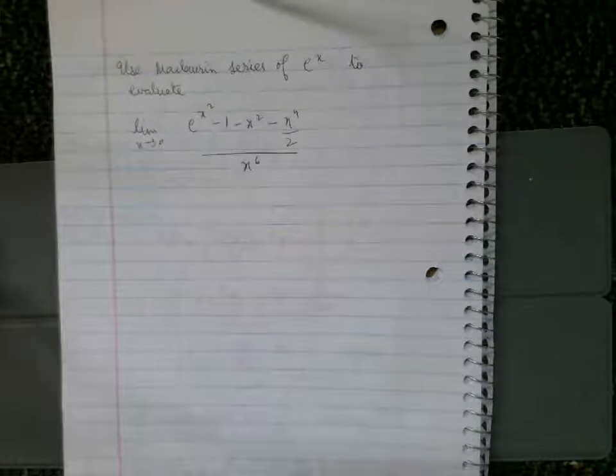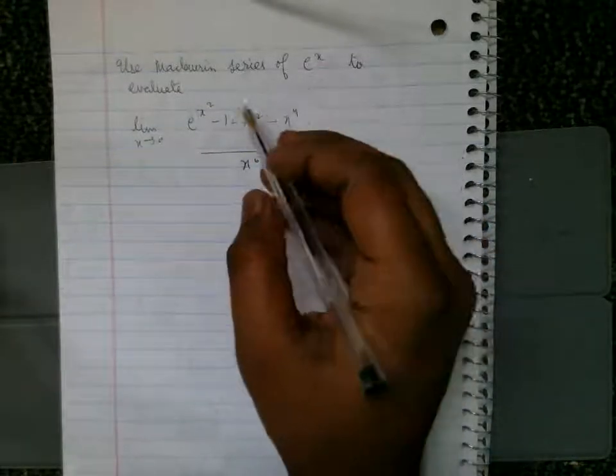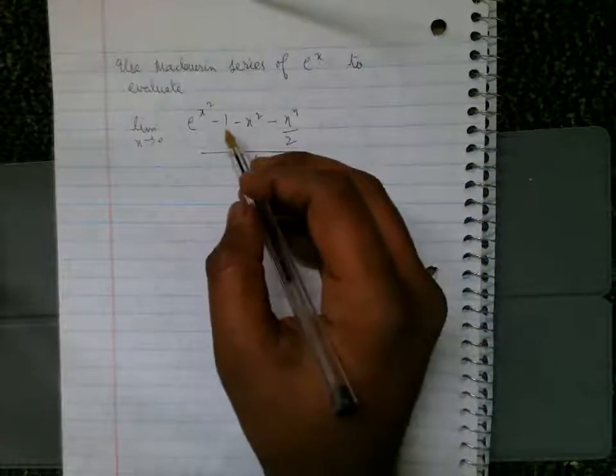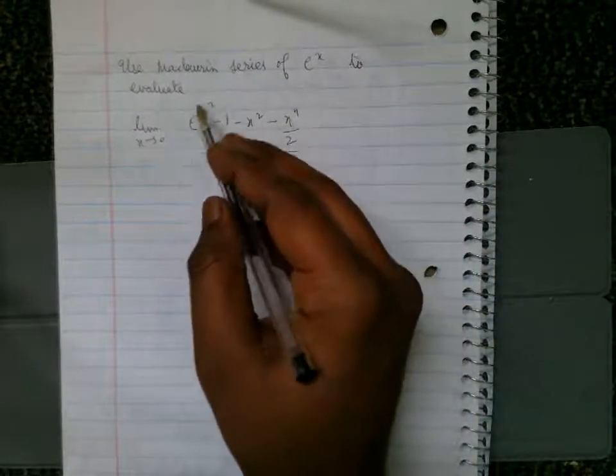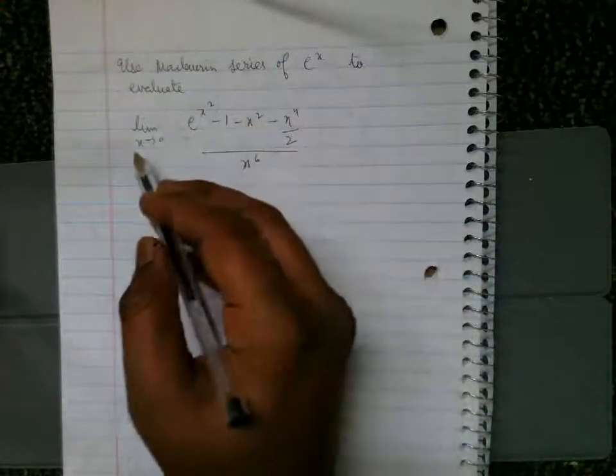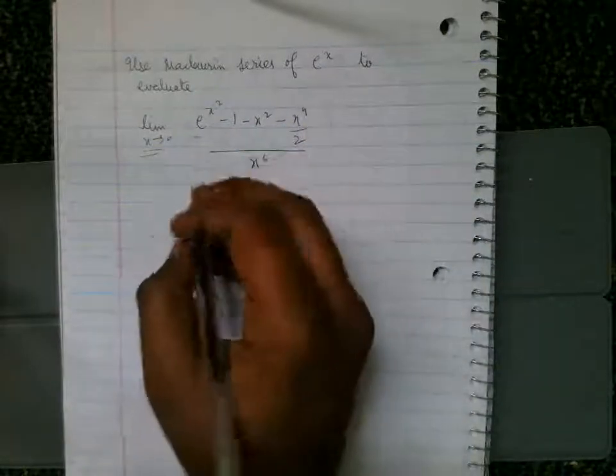Alright. So now, let's look at some uses of the Maclaurin series. The first use of Maclaurin series is, suppose you want to calculate this limit. When you expand this with respect to the Maclaurin series, the terms will cancel out, and when you substitute x equal to 0, you will finally have a limit. So let's look at how to do that.